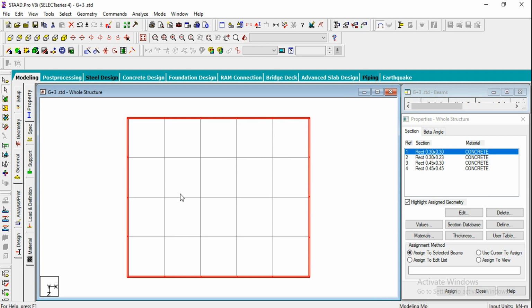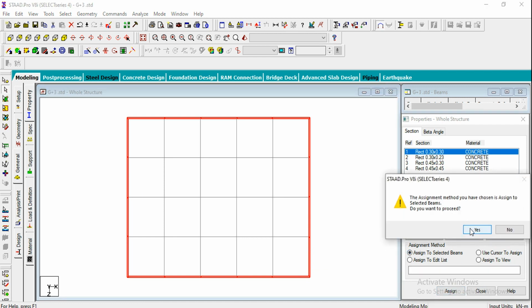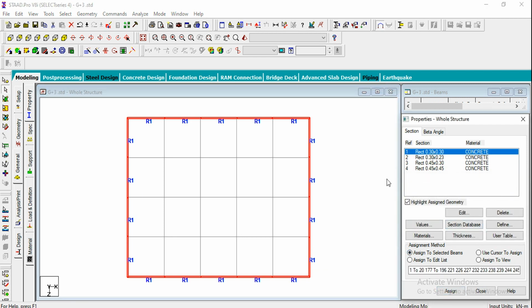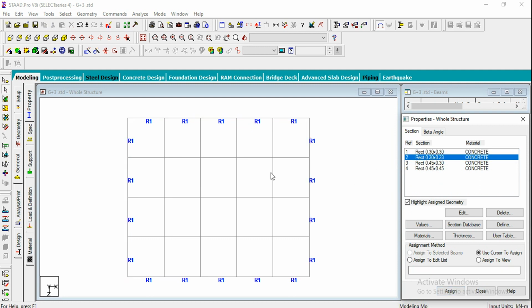So I have selected all the external beams, and you can select this option, assign to selected beams. Click on assign and just go for yes, and all the beams have been assigned the 0.3 by 0.3. Next we need to assign 0.3 by 0.23 to the internal beams.